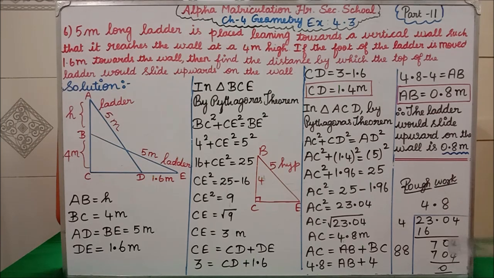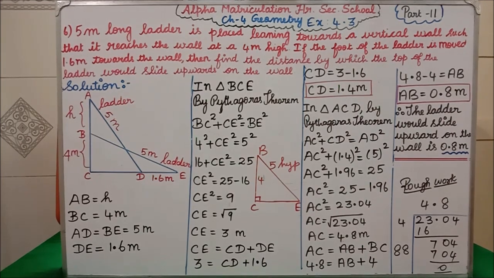See, I have done here. In your classwork, along with that, you write in the rough work. 23.04, I am going to take the square root now. So, we all know, what number we write on the top, the same number you have to write here. Isn't it? If I substitute 1, 1 into 1 is 1 when compared to 23. If I put 2, 2 2s are 4. 3, 3 3s are 9. 4 4s are 16, 5 5s are 25. It is exceeding. 4 4s are what? 16. If you subtract 23 minus 16, what will we get? 7. Then below that you have to bring down the 04.